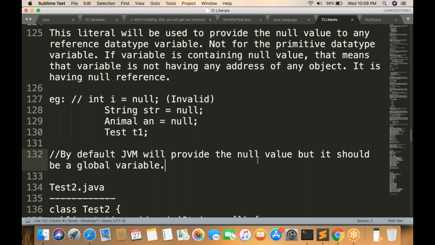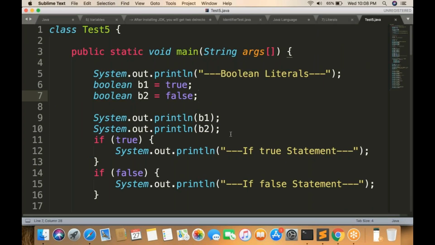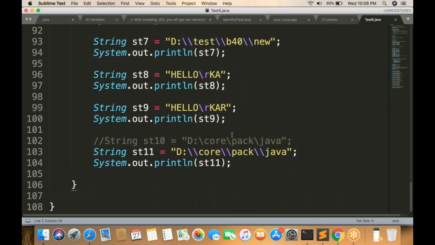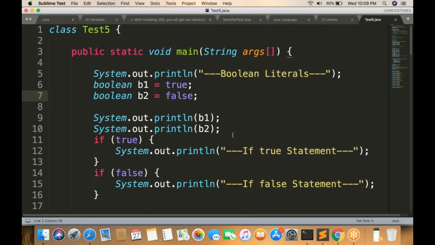Now we'll see some programs, then you will understand better. Any doubt, any confusion, any question you have in your mind, you can ask. The boolean literal, string literal and character literals we covered yesterday, all those things we have seen in yesterday's class. Now today we'll see